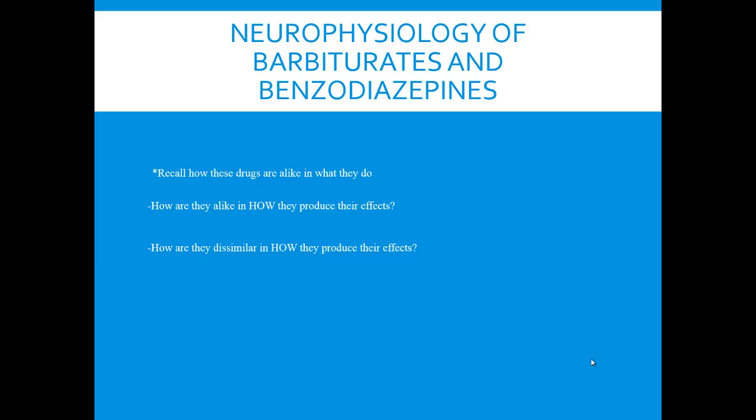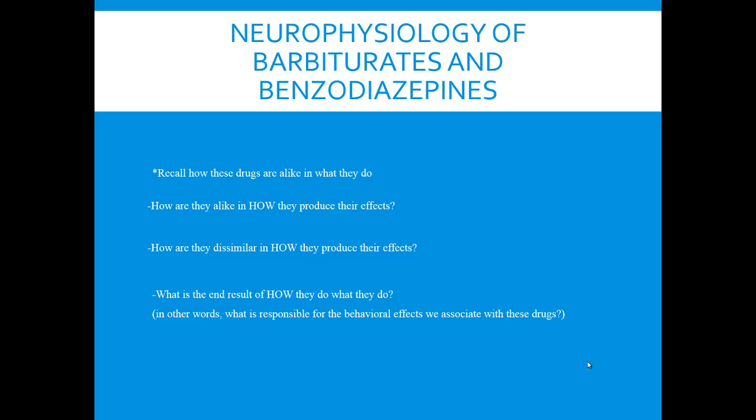They're dissimilar because barbiturates at high enough doses can directly influence the chloride ion channels that are associated with the GABA receptor. Okay? So, what we want to think about now is what is the end result of how they do what they do? What is the end result of influencing the functioning of GABA? What's the end result of opening up those chloride ion channels that are associated with GABA? Okay? And the answer is